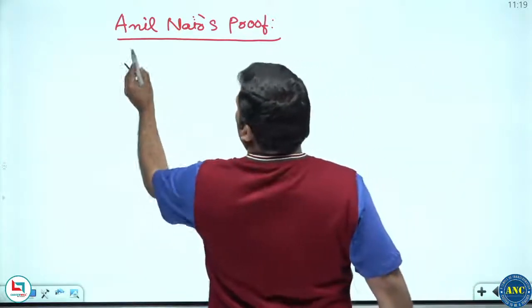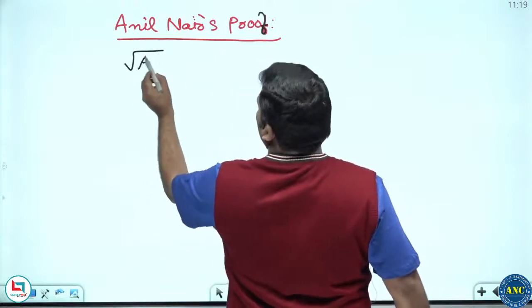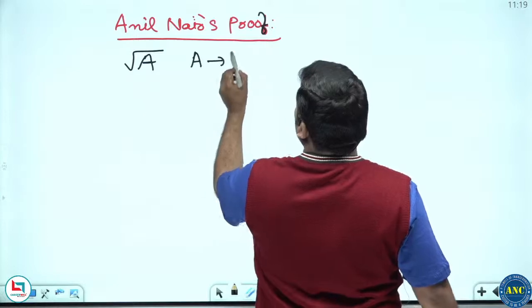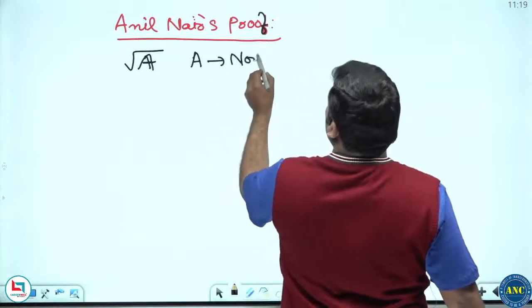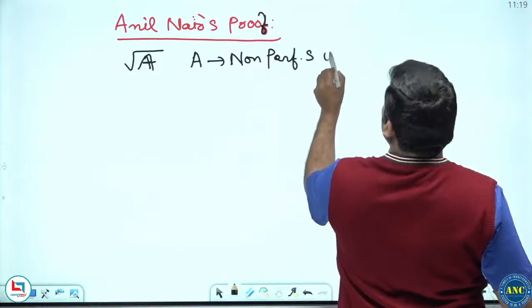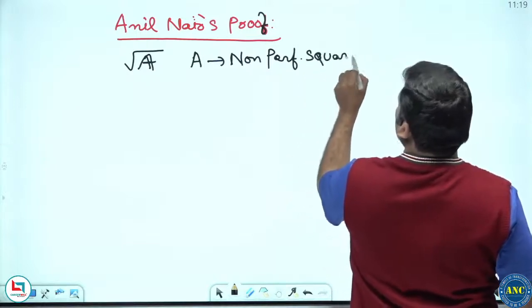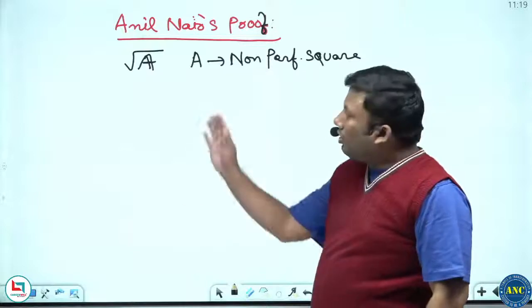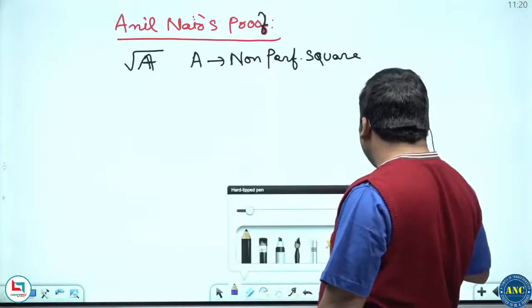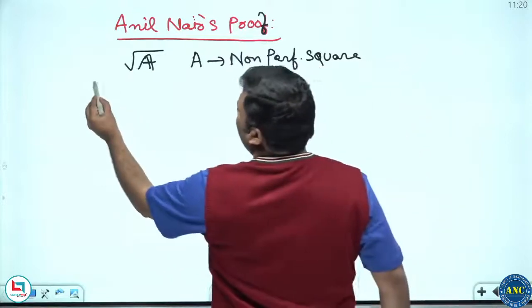Suppose root A, I need to find out root A. What is A here? A is nothing but a non-perfect square. I want to find out the approximate value of the root of a non-perfect square. Listen carefully, sir. For example,